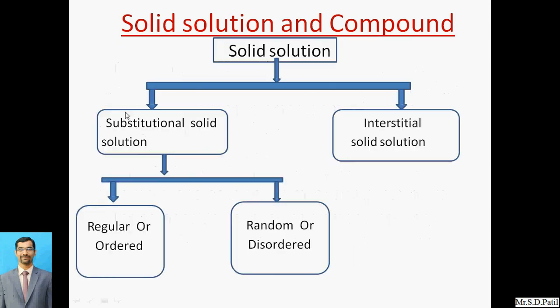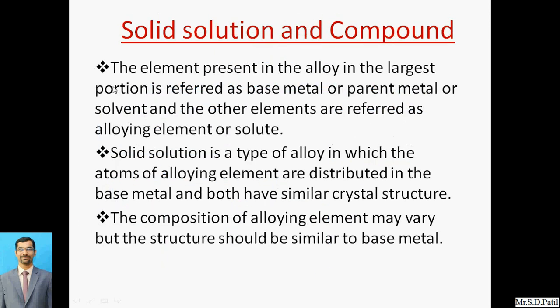So when we are going with the alloy, this is the solvent and solute. Just try to understand these two terms. When we are going with the concept of alloy, whatever may be the largest portion present in that particular alloy, it is referred to as a base metal or parent metal. So what is the meaning of alloy? A pure metal is made up of only a single kind of content.